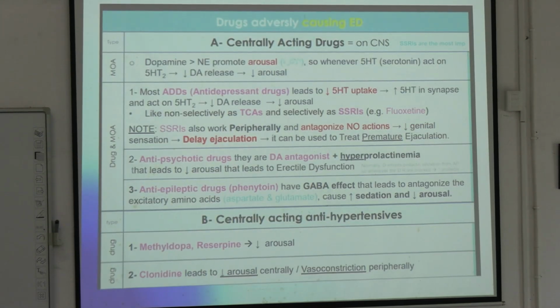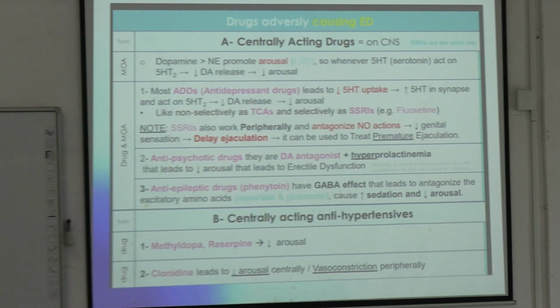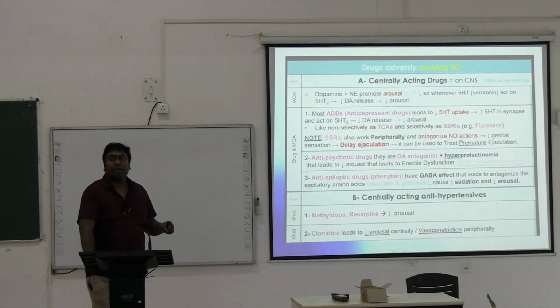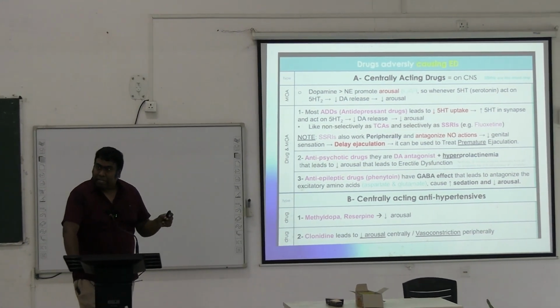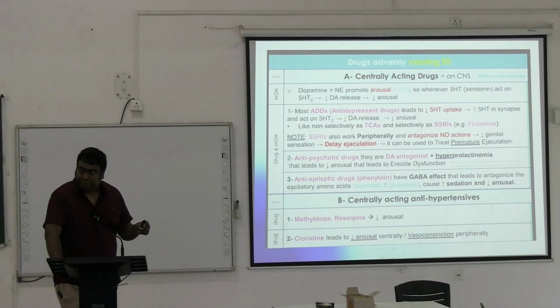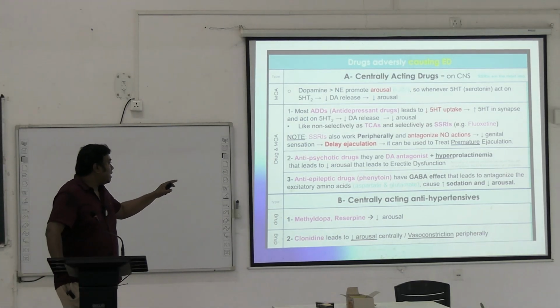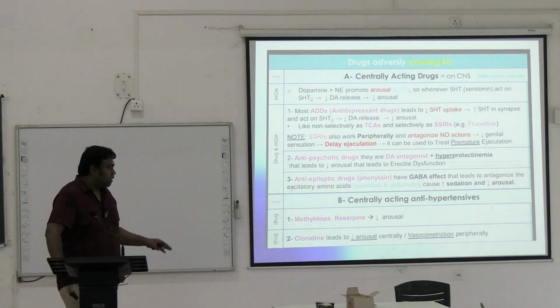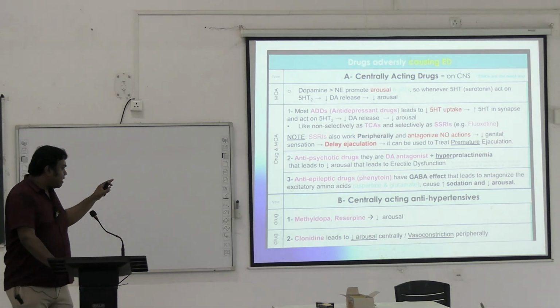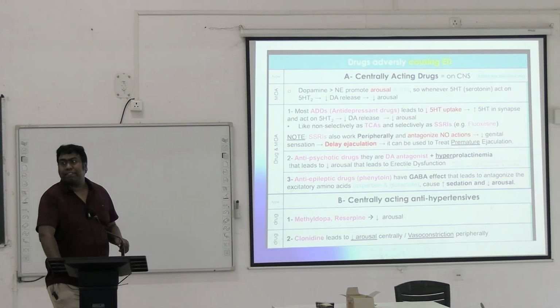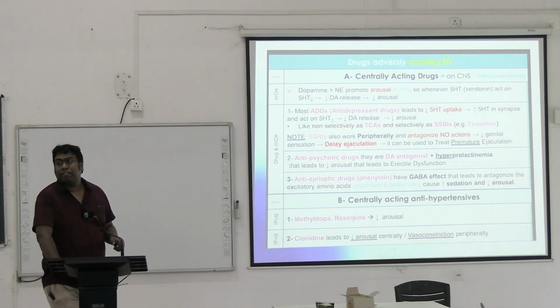So what are the drugs that can cause erectile dysfunction? Firstly, antipsychotics as well as antidepressants, centrally acting drugs. Then some centrally acting antihypertensives like methyldopa and clonidine. How does clonidine act? Clonidine, alpha